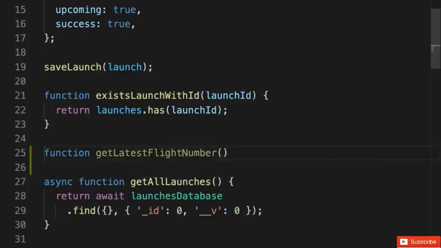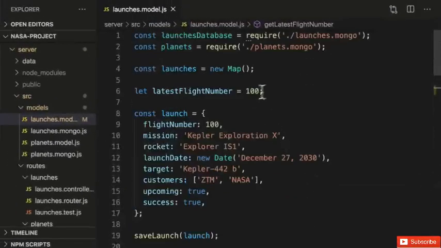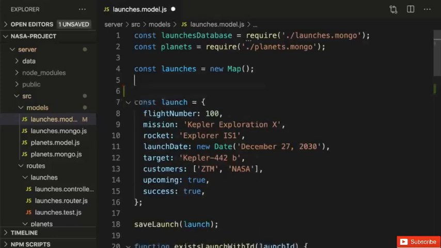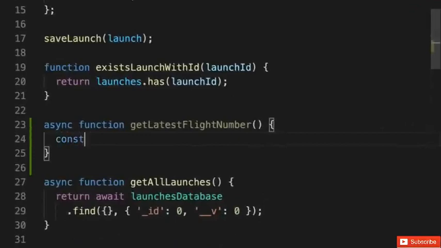We're going to make our function async because it's going to be querying MongoDB. We're going to get the latest flight number that already exists in our launches collection, and we're going to use that instead of this latest flight number that's stored in memory. So we can remove this variable, and instead, in our function, what we'll do is we'll get the latest launch